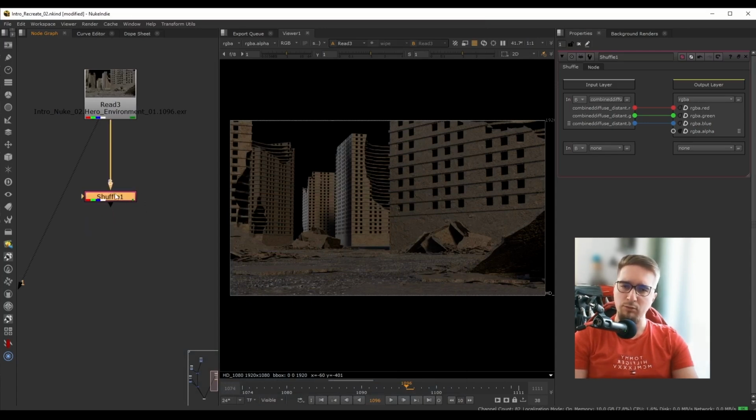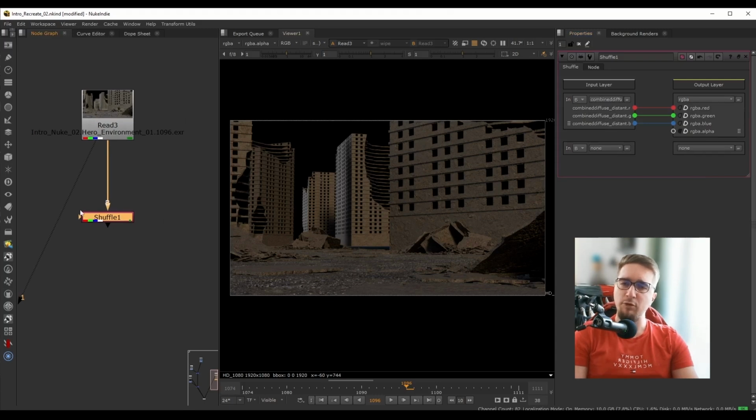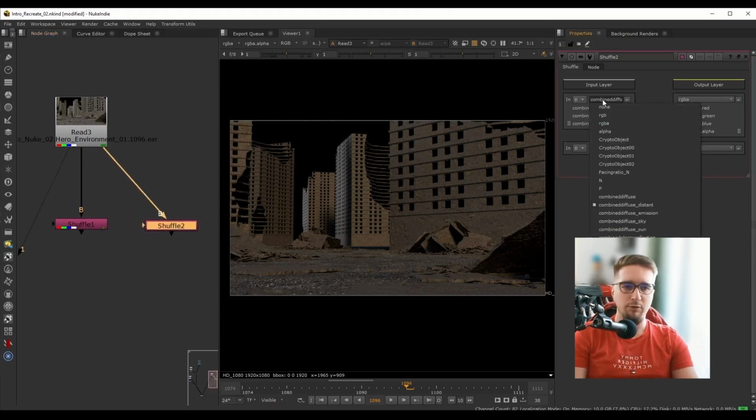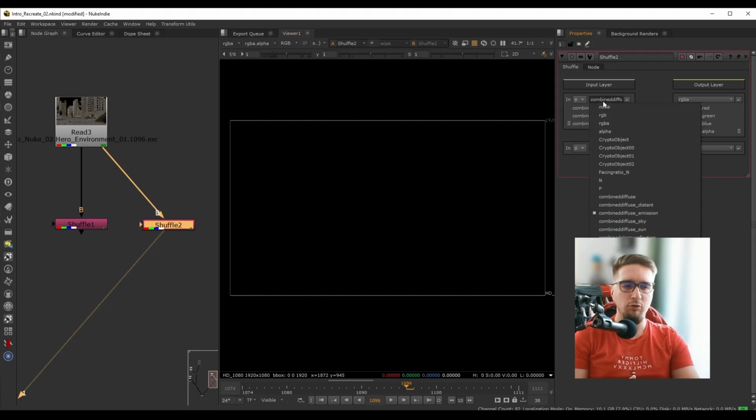So with the shuffle node, what we need to do is shuffle out all of the individual different render passes to recreate the beauty. For example, if I want to duplicate this node, I can select this node and press Alt C. So Alt C will duplicate, and I can point this back to our render and this new shuffle. Let's choose our combined diffuse emission. In this case, if we preview this, we can see that there isn't really anything here. So it happens occasionally, especially if we separate the lights per individual contribution, that some of these layers might come in empty. And let's just go to the next one, which will be